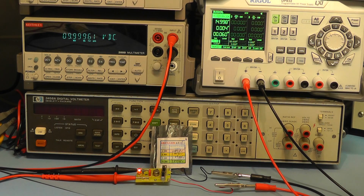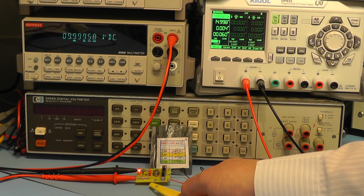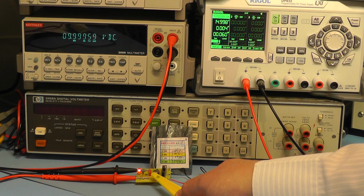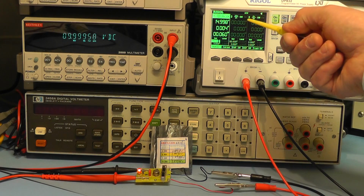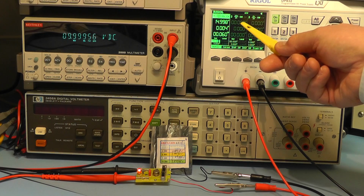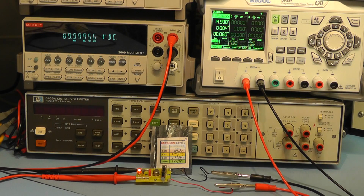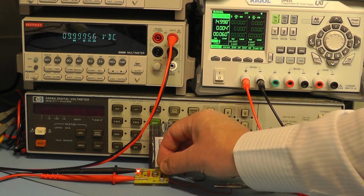And bear in mind that when you use these voltage reference sources, it does take a little while for the IC to warm up, and the voltage does vary on warm up. I've now got the power supply set back at 15 volts on the input. I'll now switch the mode switch to the 7.5 volt range,